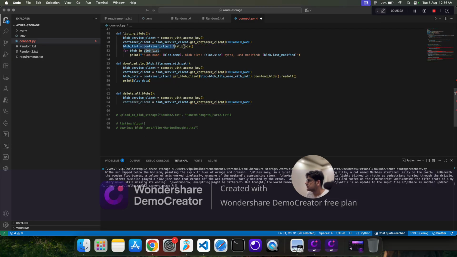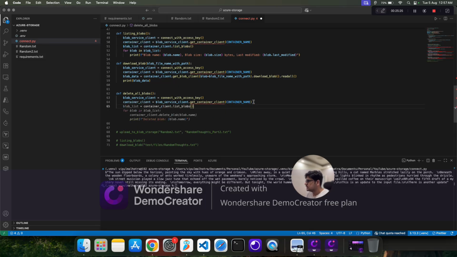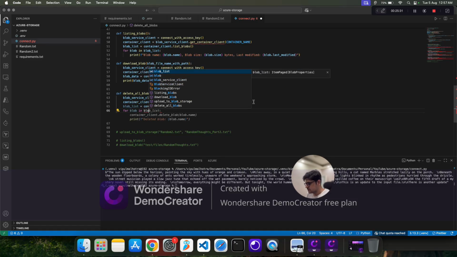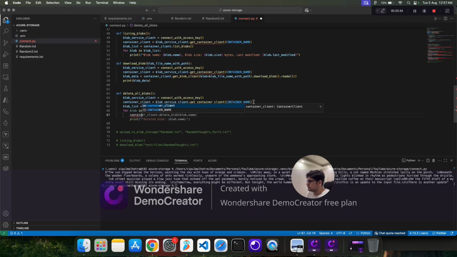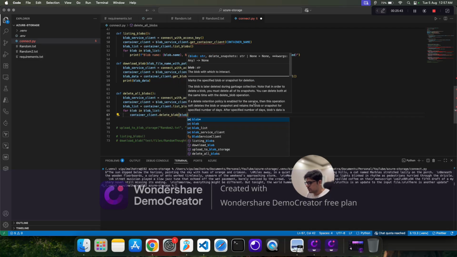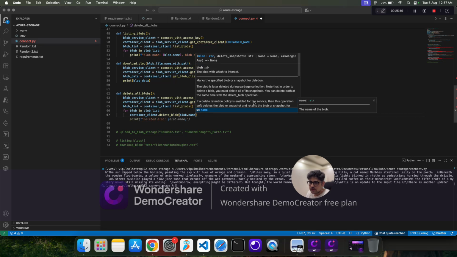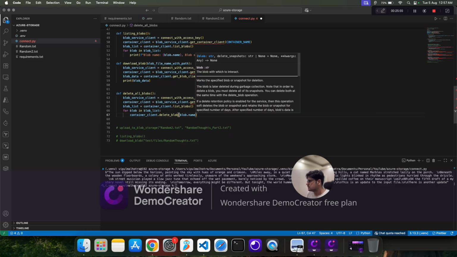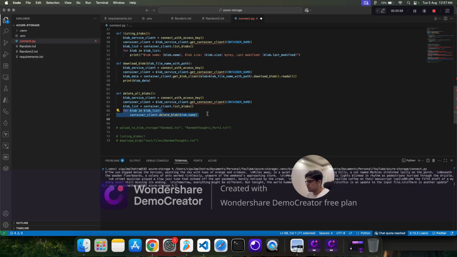We created a list here, so we'll get this, and then for each and every blob in this blob list, we just use the container client, because container is the owner for that blob, and delete blob with my blob name. Blob name will always be the complete name with the file path. And then there are two ways to do this. Either you can put a loop on it, or another way which is more elegant is to have a container client,